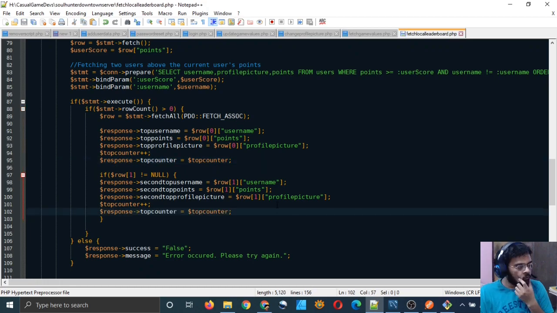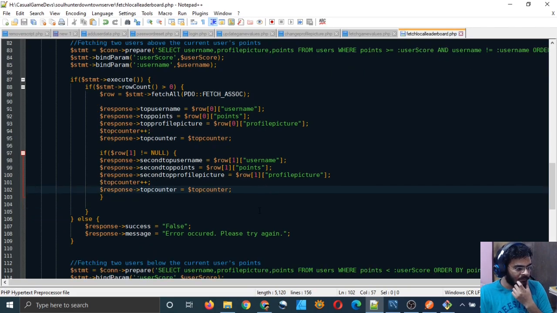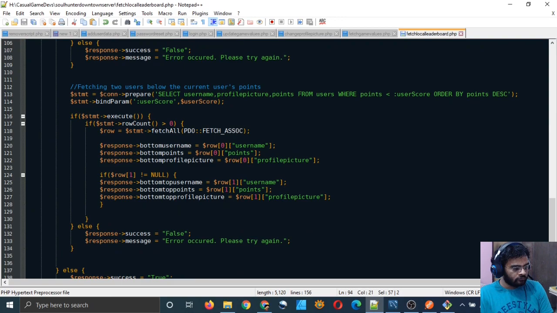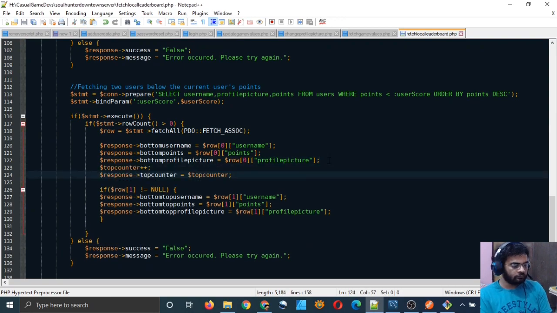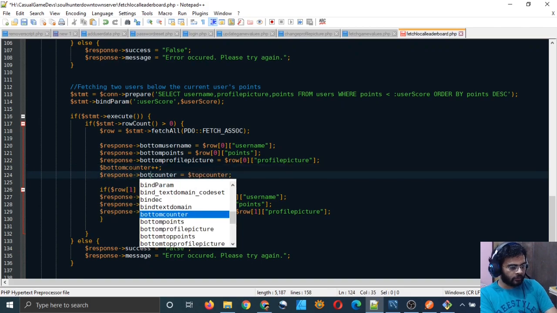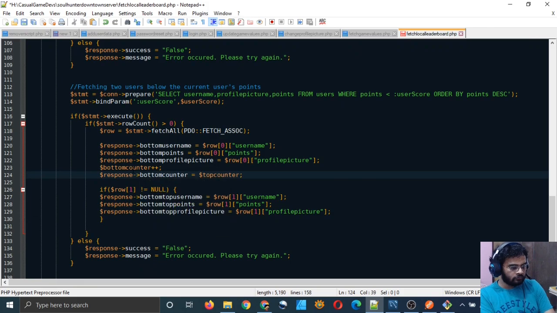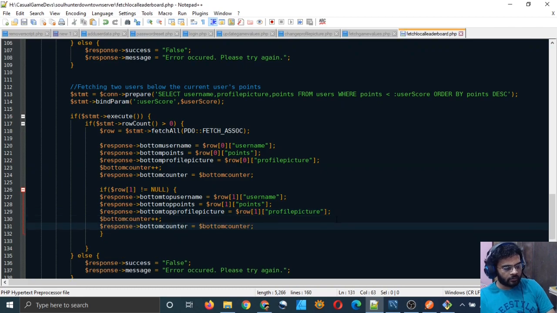That should work, hopefully. And same thing for the bottom counter. You can just say bottom counter plus plus, and in the response variable bottom counter, and bottom counter. Here also just copy this and paste it. That should work.